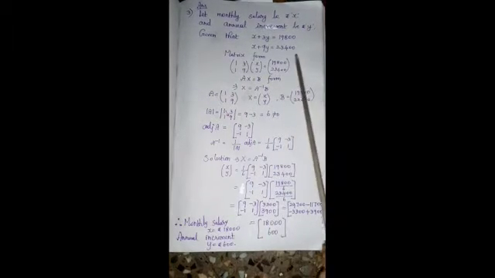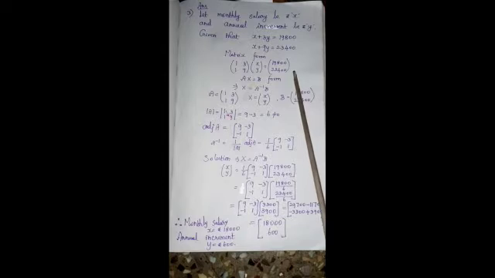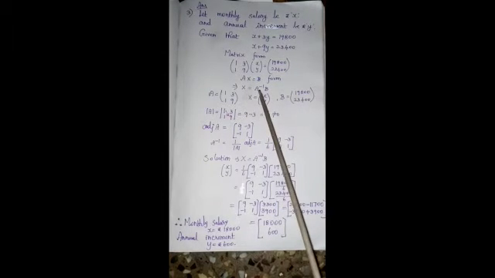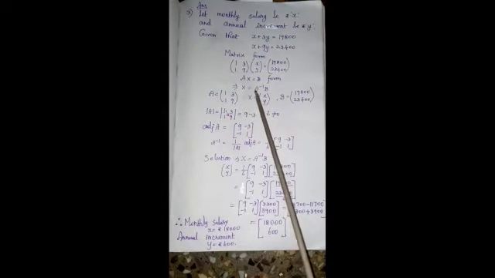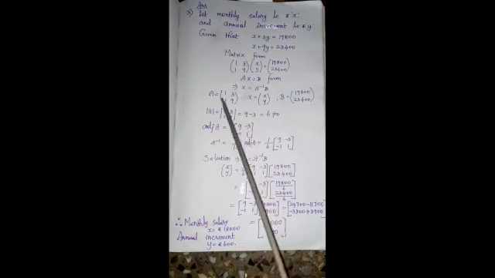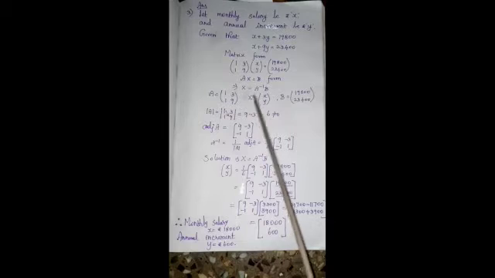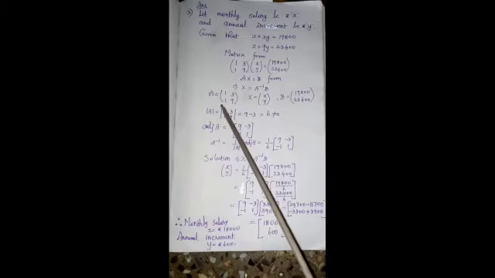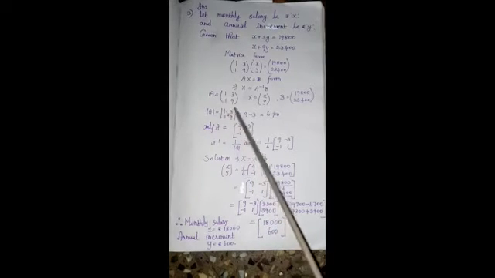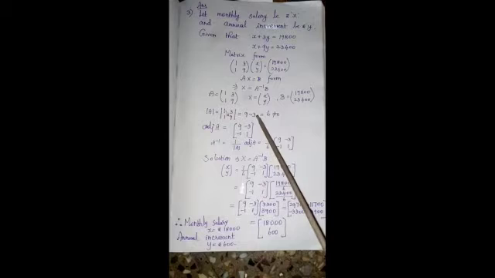This is step 1, the AX equals B form, and we find the solution X is equal to A inverse B. Before that we have to find A inverse. A is [1, 3; 1, 9], X is [x; y] and B is [19,800; 23,400]. Determinant of A is 9 minus 3, which is 6, not equal to 0. So A is non-singular and A inverse exists.